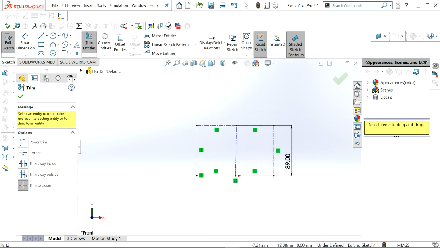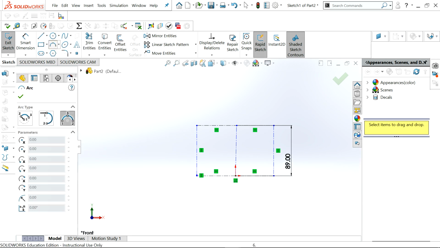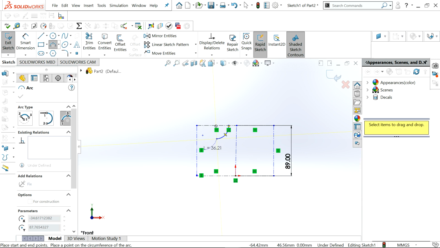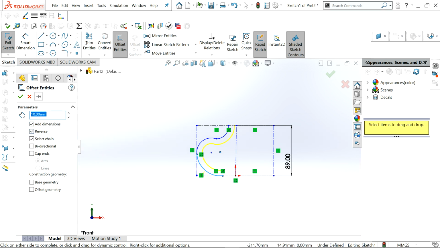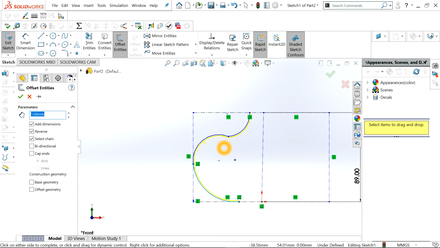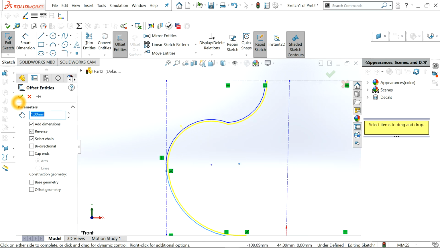So now I'm going to draw my lamp half in here that I want to, so we'll go a little bit from the side, then we'll make a curve, and then we'll use our offset entities tool, reverse the offset to the inside, make it 1 mil instead of 10 mils because you don't want your material to be too thick. So 1 mil there, and then we'll just fill in, give it a green tick, fill in the rest of